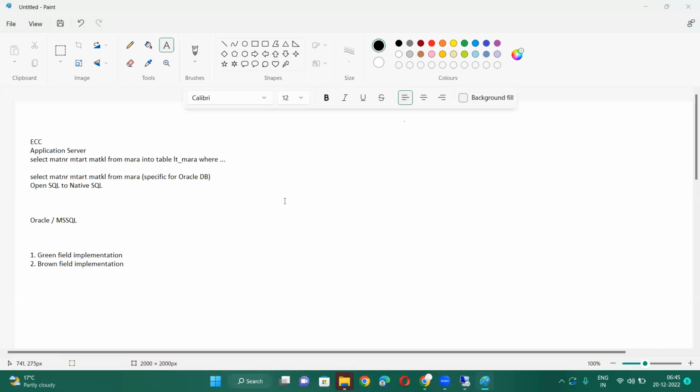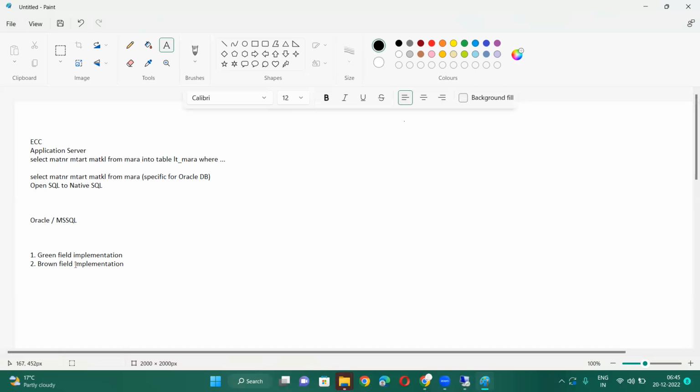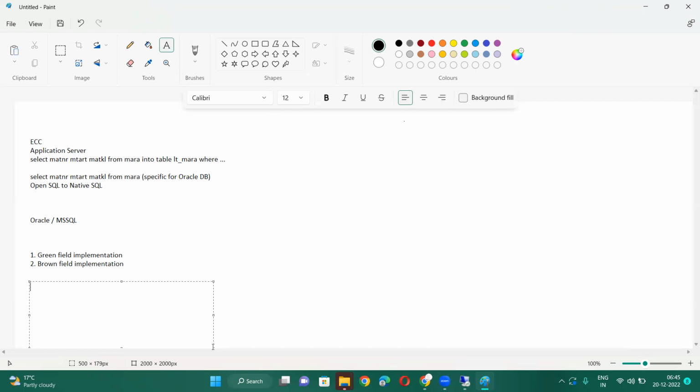Once the code is migrated from ECC to HANA, we have to check whether any performance issues are there or not. So to check the performances, we have some concepts like